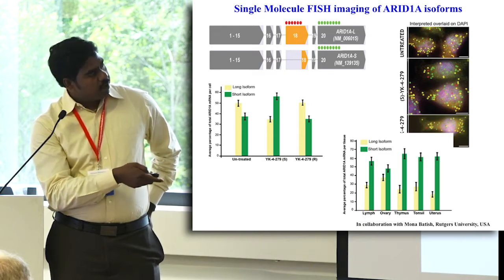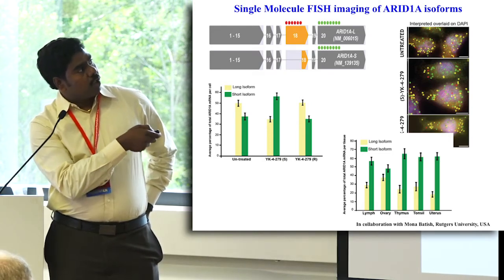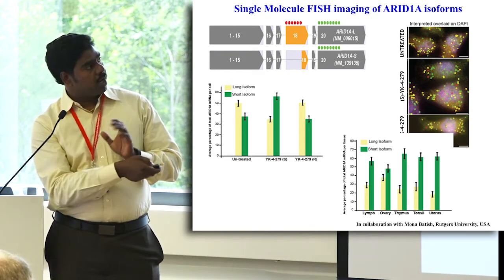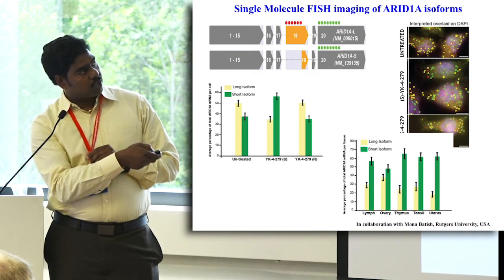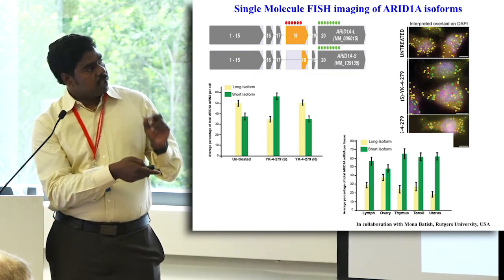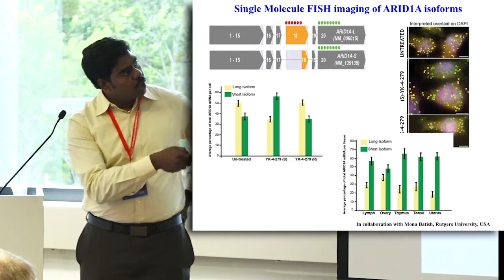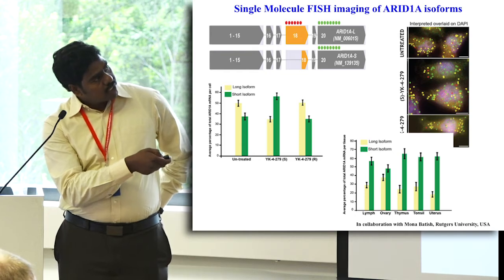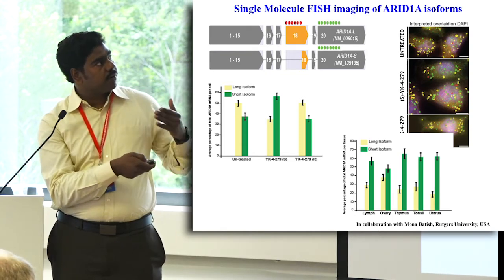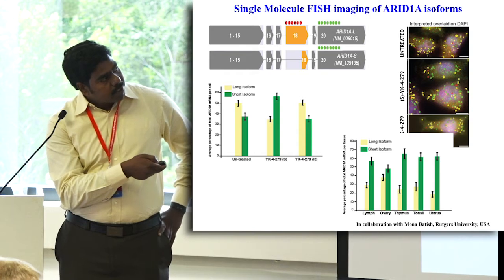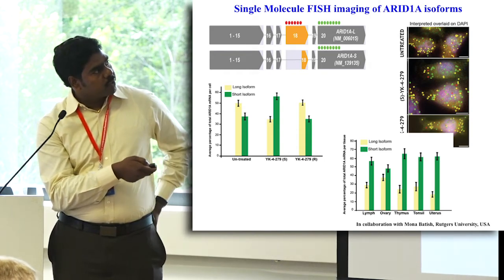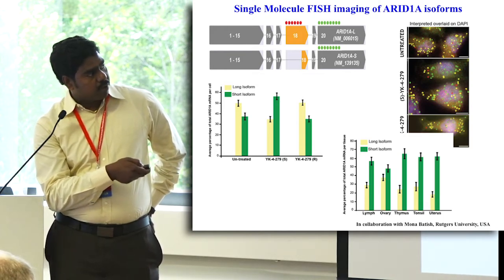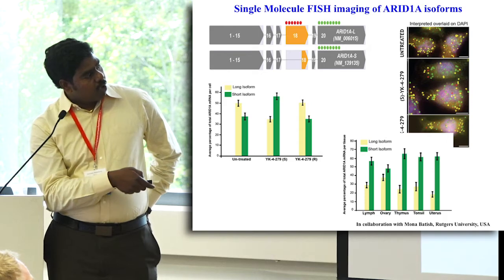So we expect that if the cell is expressing the long isoform, it will show both red and green together to form a yellow color. And if the cells express only the short isoform, they show the green color. So this is the overlay picture, which shows that the untreated cells have a lot of yellow cells. That means the wild type cells contain a lot of long isoform. And then sometimes we do see a red one. That's a technical issue. But the majority of the S enantiomer treated YK4279 switches the long isoform to the short